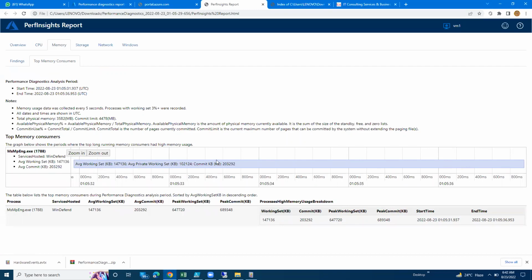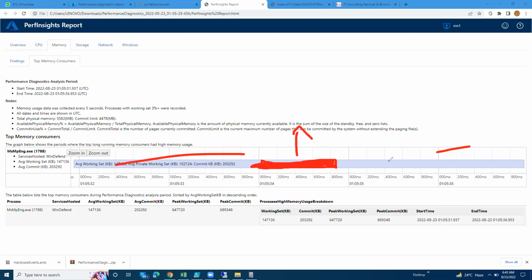See guys, if there are any issues, it will show you in red color. For example, if between 8 to 9 there is high CPU utilization, then it will show you like this. Okay, this is a fresh VM, nothing has been installed, so it is showing everything as average. Okay, yeah, next,